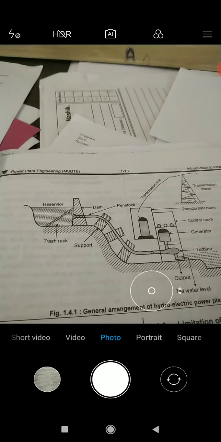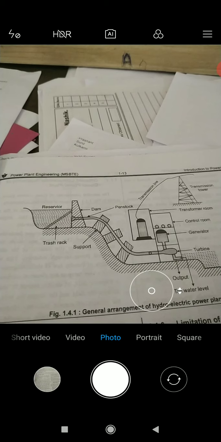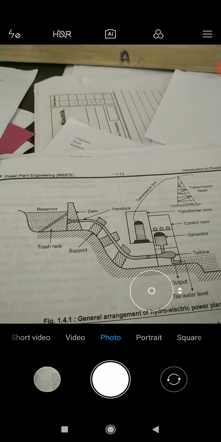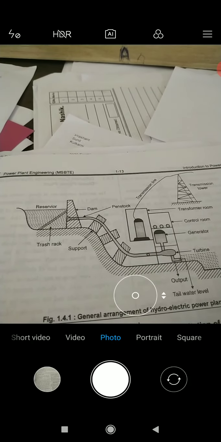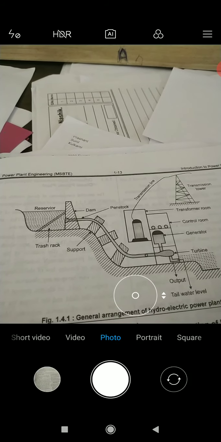Next is the dam. First we have seen the reservoir, now we will see the dam. This is a concrete gravity dam generally built to provide the necessary head to the power plant. The function of the dam is to increase the height of the water level behind it, which ultimately increases the reservoir capacity. The dam also helps in increasing the working head of the power plant. Dams are constructed with a spillway which provides safety for the dam. Its function is high capacity discharge during floods without damage to the dam, and to maintain the reservoir levels below the predetermined design level.